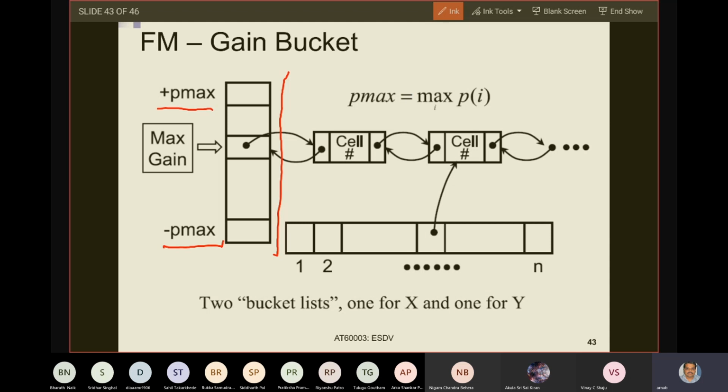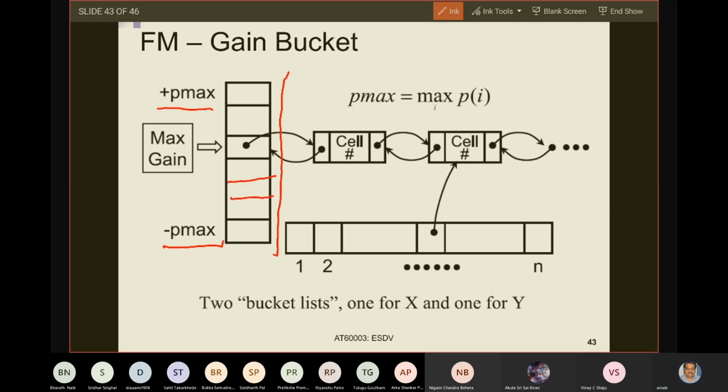Now what is minus p max to plus p max? Minus p max represents the lowest possible gain that a task in a certain partition can ever have. Plus p max denotes the maximum possible gain that a task in a certain partition can ever have. So these are constant values. Why are these constant values? Because of this term ever. Minus p max represents the minimum gain that a task in a partition can ever have. Plus p max tells you the maximum gain that a task can ever have.